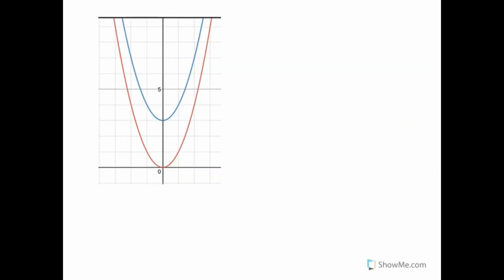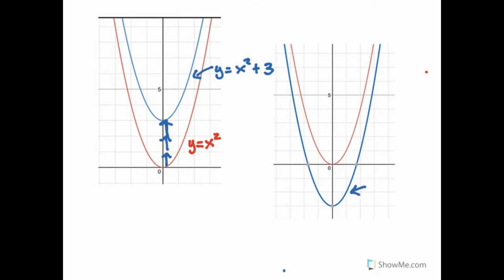Using a program like Desmos to do some graphing for us lets us see the effects of various constants on the graph. So the red graph is y equals x squared, and the blue graph here is y equals x squared plus 3. You can see that the vertex of the blue graph is just shifted up 3 from where it was with the basic graph. And if I graph y equals x squared minus 3, I see that it's shifted down 3 from the vertex of the basic y equals x squared graph, and now it's at 0, negative 3.